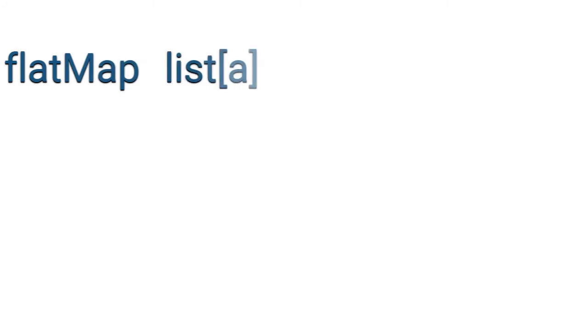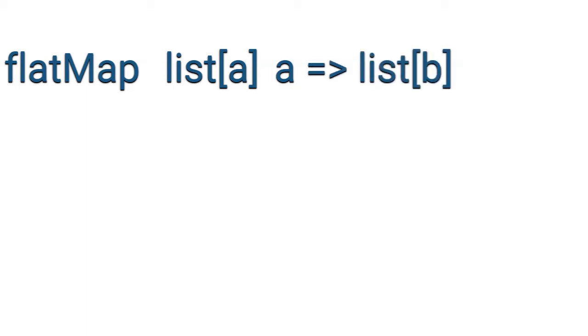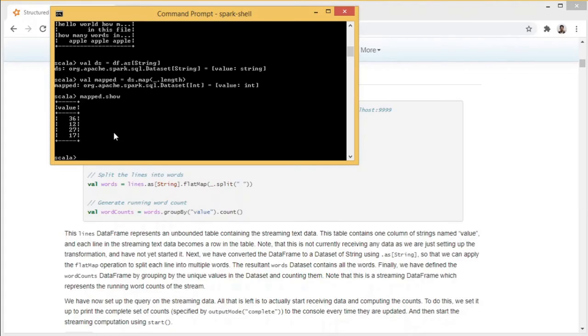What it does is, it takes a list of A, the same thing, and it takes in a function that is A to list of B, and it outputs a list of B. What I mean by that, let's see. Here is an example of what map would do in this case. We can better get an idea by comparing it with map.